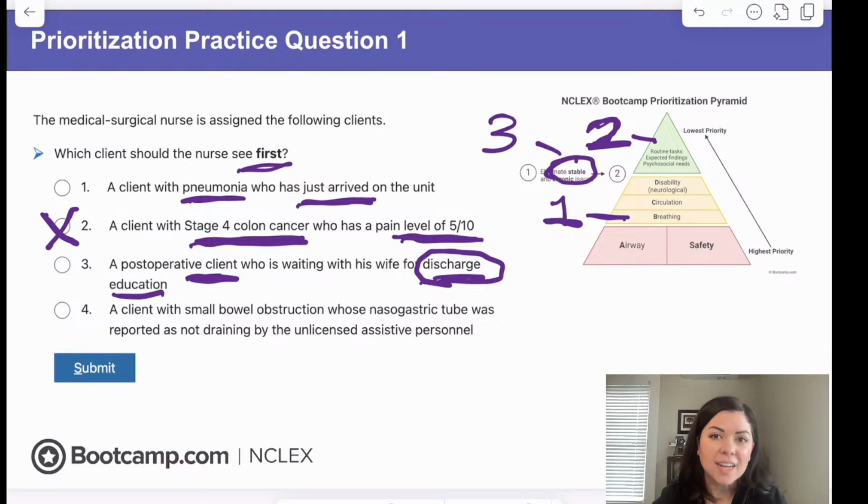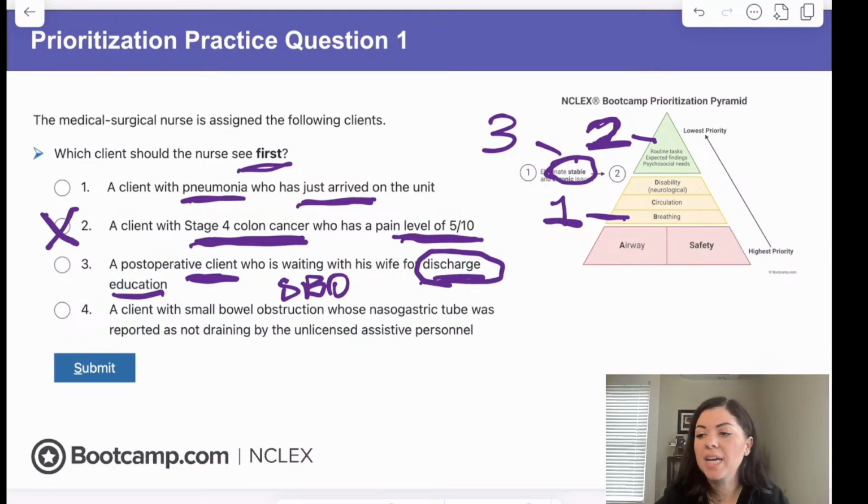So we can go ahead and eliminate them as the option. They can wait until after we see the higher priority clients. And then option 4, the client with a small bowel obstruction with an NG tube that's not draining. Okay, so right now, based on what we have, this client is also stable. However, I would say if I was trying to make a plan as the nurse, option 4, I'd probably see